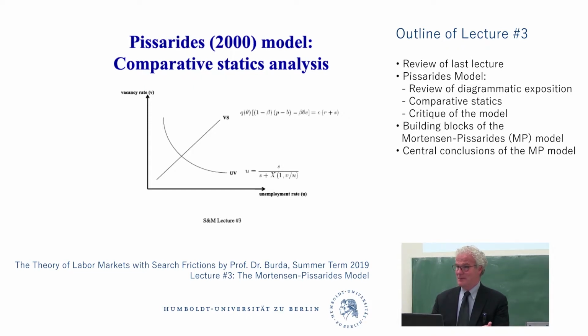The VS curve. I mean, there's only two answers, right? So, think about it. The VS curve moves in a clockwise direction or in a counterclockwise direction. From my perspective, that means that along a UV curve, we're going to have sharp movements of the ratio V over U. If the UV curve is moving, that would tend to dampen the ratio's movements. So this means that the things that Pissarides talks about in the VS curve must be moving over the cycle if the model has any content.